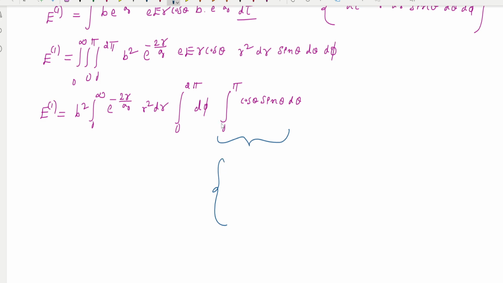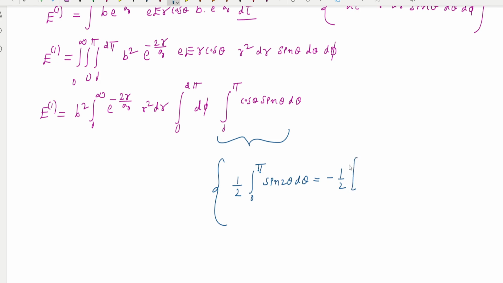I'm going to use sin 2 theta equal to 2 sin theta cos theta, right? Then I can write one divided by 2 integral 0 to pi sin 2 theta d theta equal to,